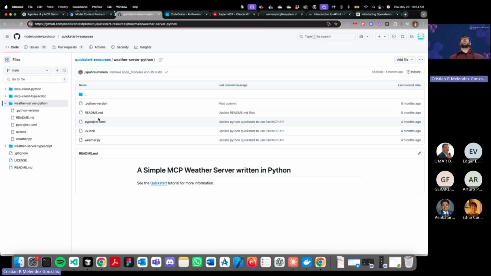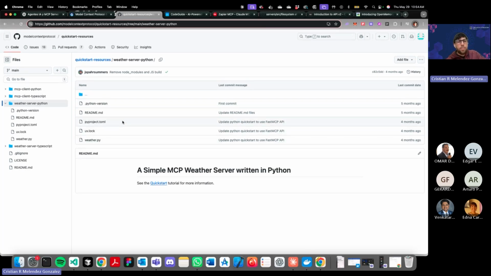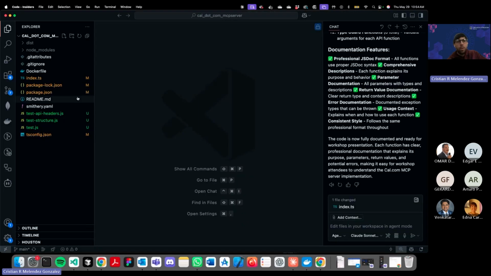The one that I implemented was a Cal.com MCP server, but it was using version 1 of the API, and it wasn't working. So I migrated the whole thing to version 2, and now it's working. So you can just clone one of these repositories. They have a few quick start resources, and it's pretty straightforward. The one that I had was already started. I created a few tasks,